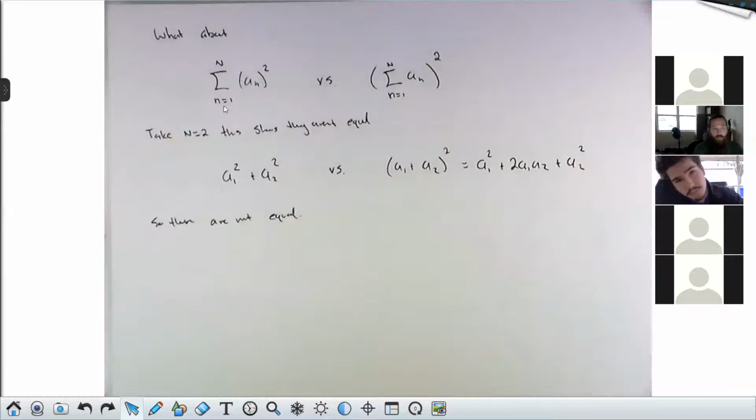And we know that that doesn't work with integrals also, right? The integral of f of x all squared is not the same as the integral of f of x times the integral of f of x. We can't just pop powers out of integrals, and we can't pop powers out of sums. So all the rules for integrals work for sums, and pretty much everything that doesn't work for integrals doesn't work for sums. That's the good news.